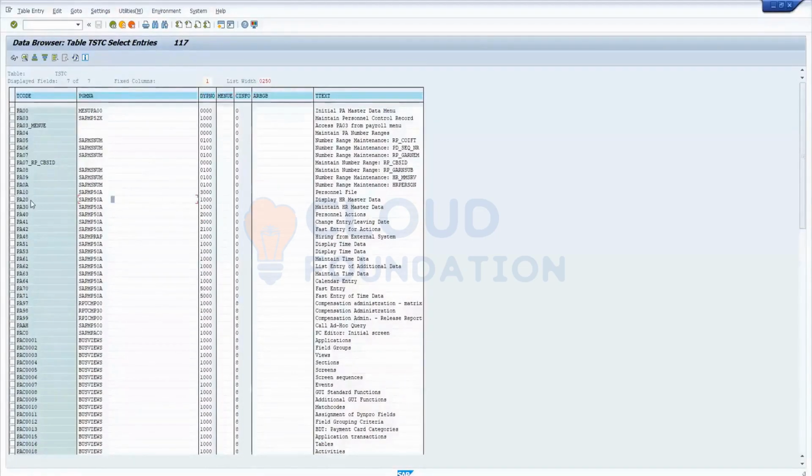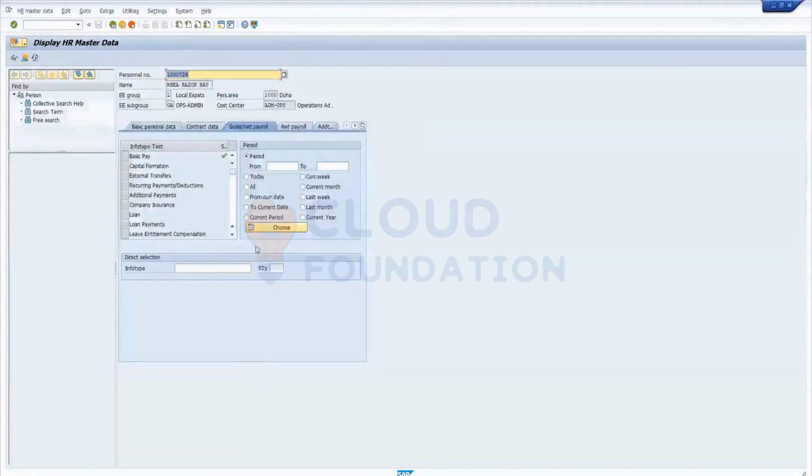You execute this one. We just want to see your house data, where you are residing. You enter your personnel number. The execute button is there. No, not this one. Display.